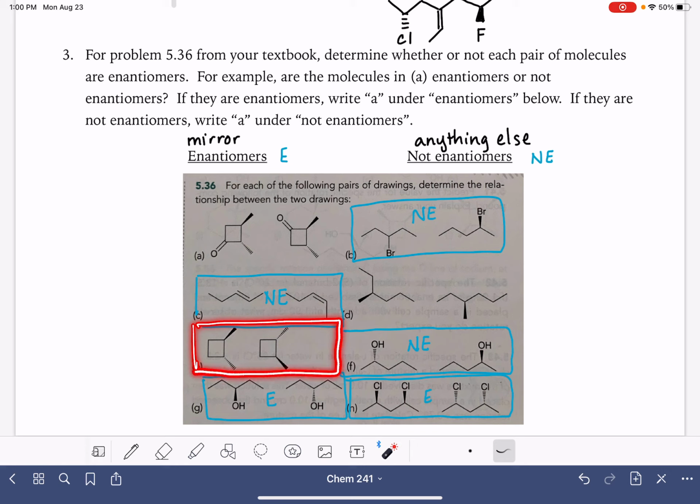This one looks like we are using the strategy of changing the wedge into a dash and the dash into a wedge. So we're going to call those enantiomers. And this one looks a little tricky. We always have to be a little bit careful when somebody has changed the direction of the carbon skeleton, like has been done in this case. So this is carbon number 1, carbon number 2, carbon number 3 has the methyl on a wedge for both of them. Carbon number 4, carbon number 5, carbon number 6. So those two are identical molecules,